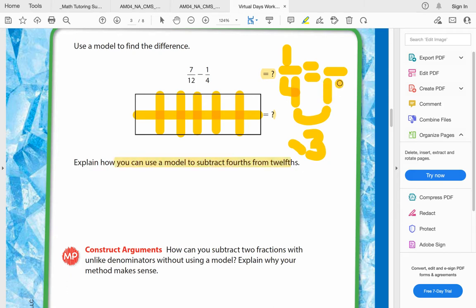Okay, so if we multiply 4 times 3, we'll have 12 for our denominator. And then we're going to have to do the same thing to our top number. So if we do 1 times 3, of course, we'll get 3. And so now we know we need to remove 3/12. And I can do that just by shading them in. And that is like removing them from our model. If you count up what's left,